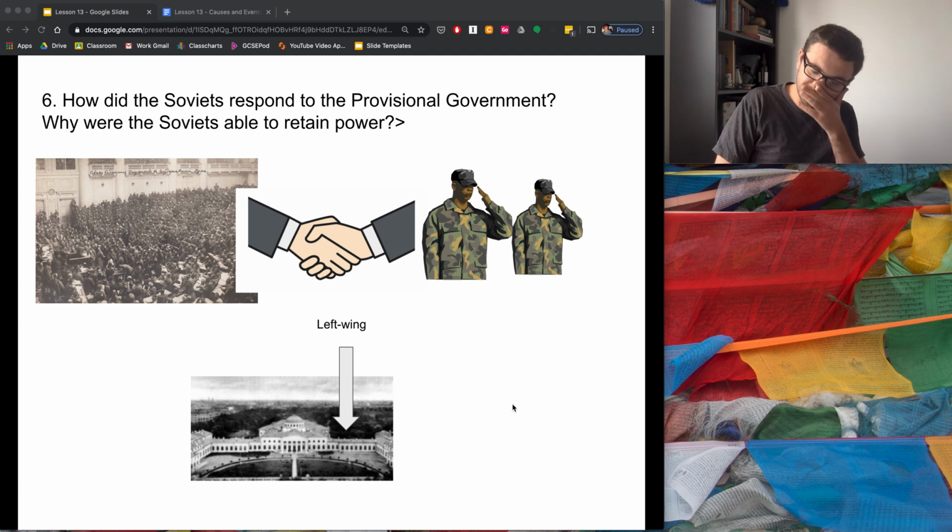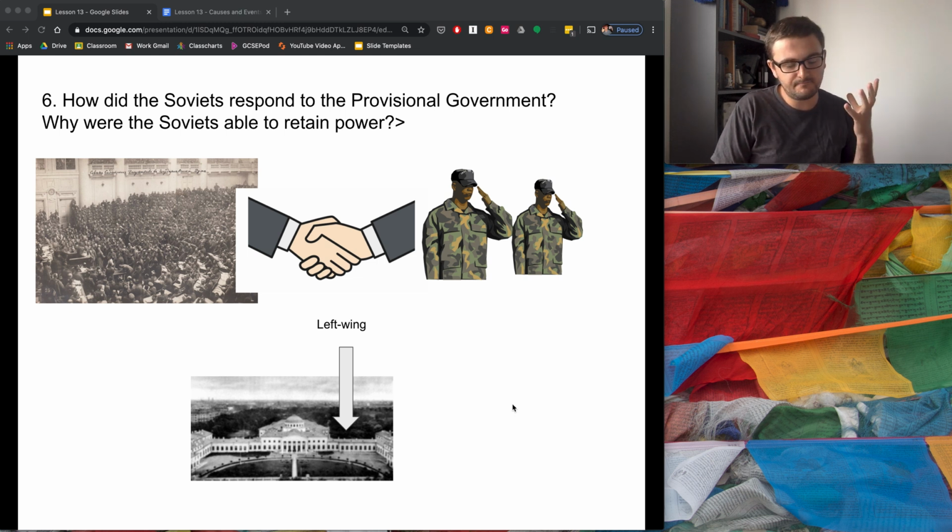Now they were uncomfortable with the makeup of the Provisional Government led by Lvov that we talked about in question 5. They didn't like how closely the people on that committee had worked with the Tsar in the past. They didn't like the aristocratic elements of it, and they weren't convinced that they would lead a government that would be representative of the people. They were wealthy, they were self-appointed, they were not the sort of groups that you would expect to have the interests of the workers at heart.